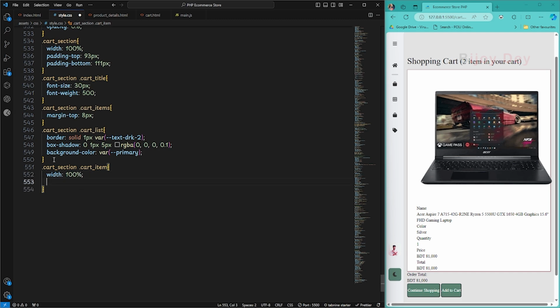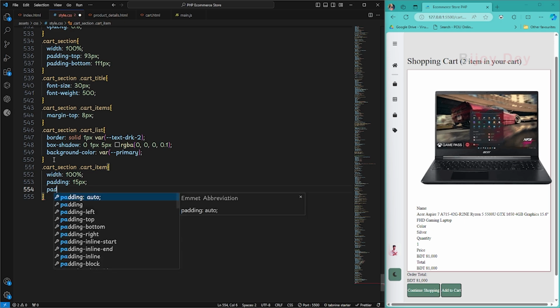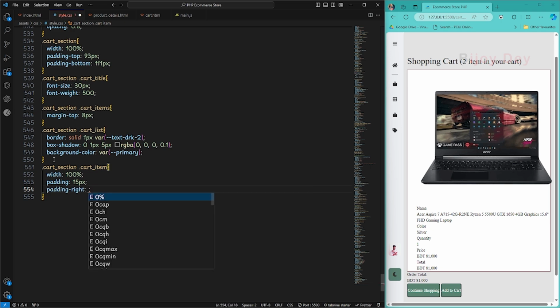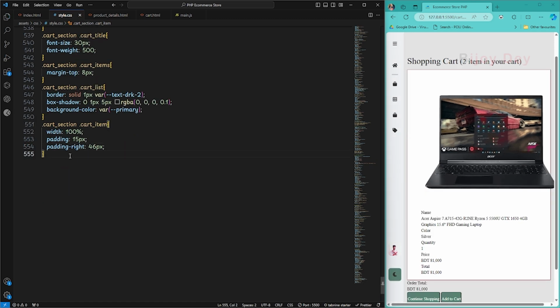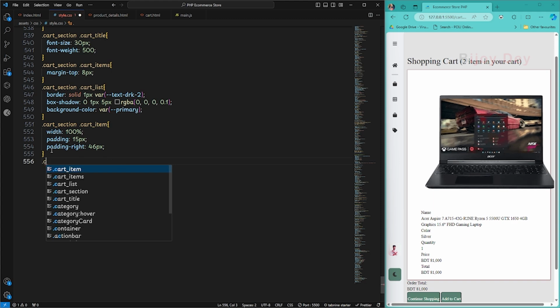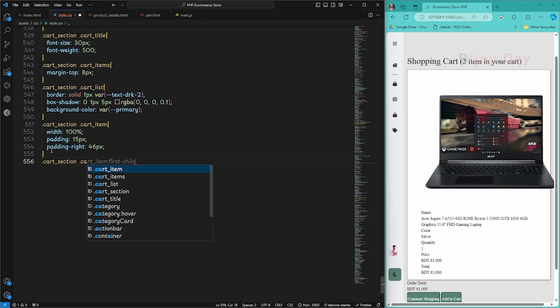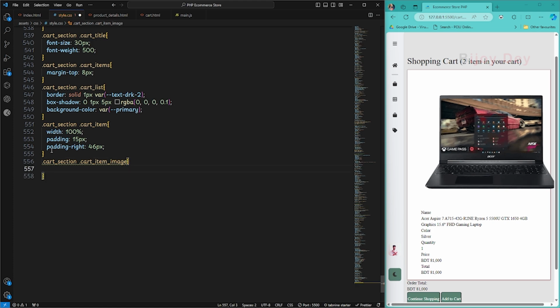Okay, and width 100% padding 15 pixel, padding right 46 pixel. So cart section and cart item, cart image. So in this image width 133 pixel and similarly height 133 pixel